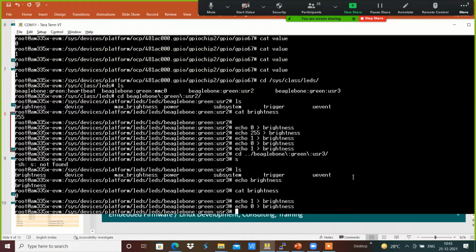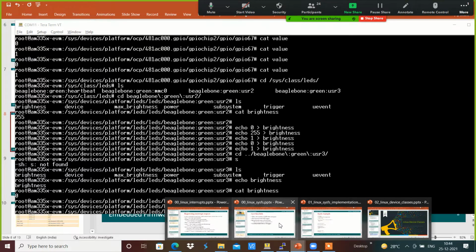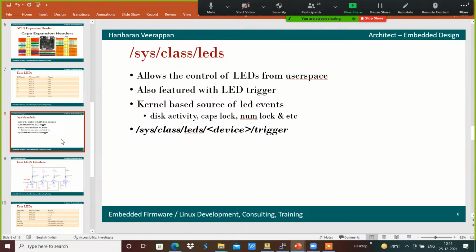Now we will see how these LED drivers are linked, one by one. Before that, we will explore the sysfs in detail over here. For example, each and every entry present in the sys class LEDs, the respective user LED 1, user LED 2 or MMC 0, all those things are defined.